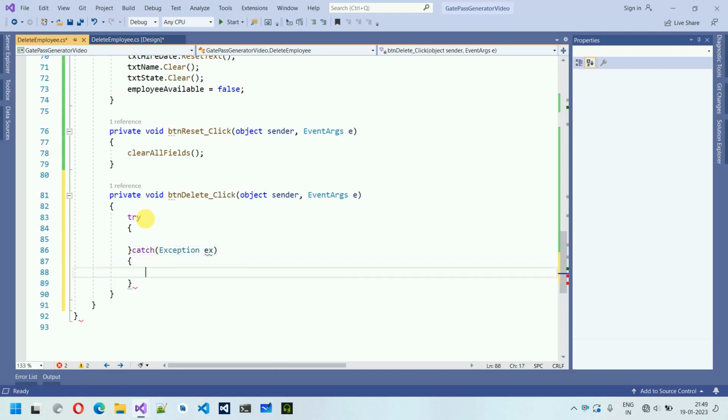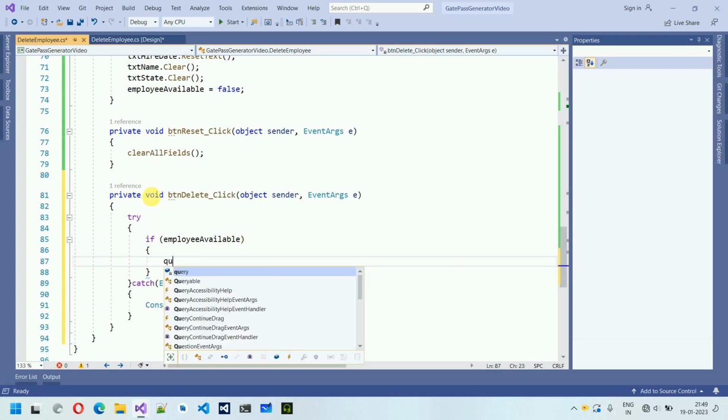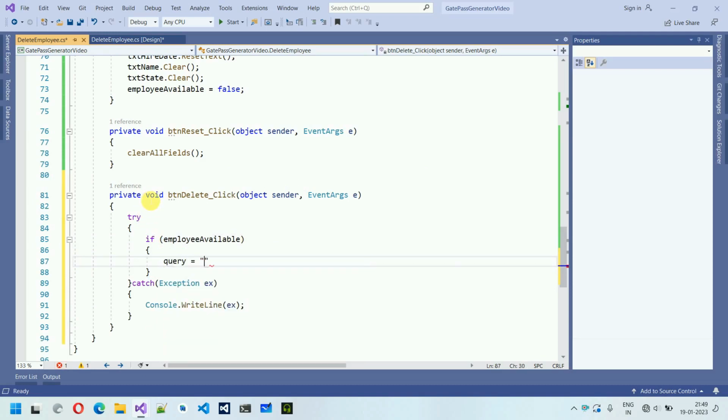Exception ex, and simply write the exception to Console.WriteLine(ex), like this one. And first thing I'm going to check is if employee is found or not. So if employee available, then what I'm going to do is query is equal to delete from employee